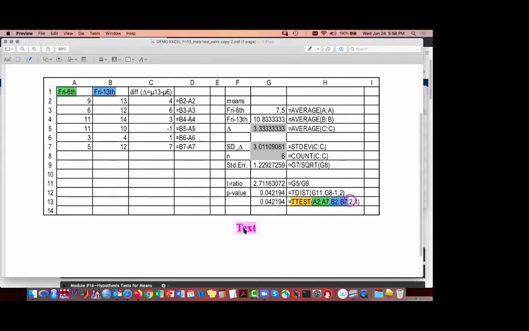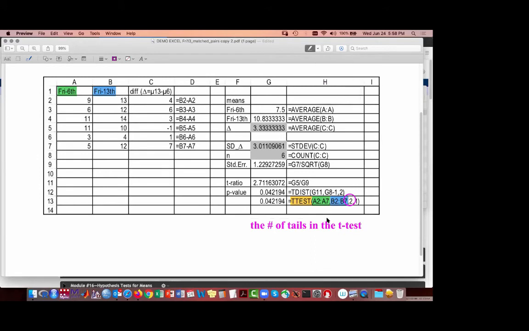This is the number of tails in the t-test. So we can change that to be one-tailed. Then the question becomes, what is the 1 that's highlighted here? Well, the 1 is what tells Excel that we are actually doing a matched pairs t-test.